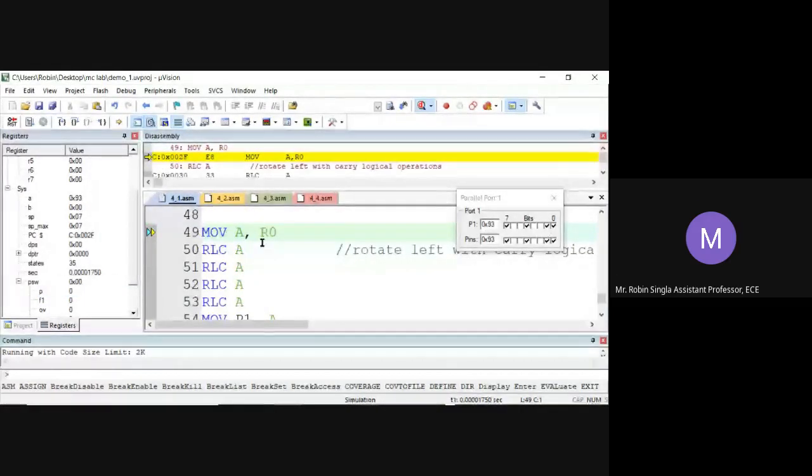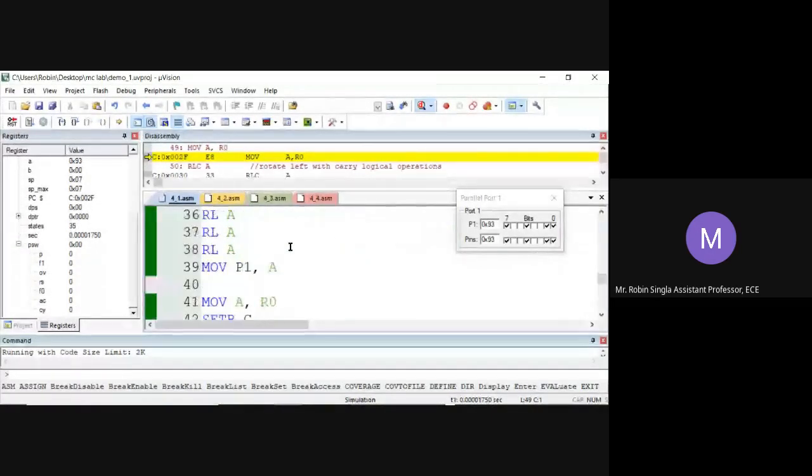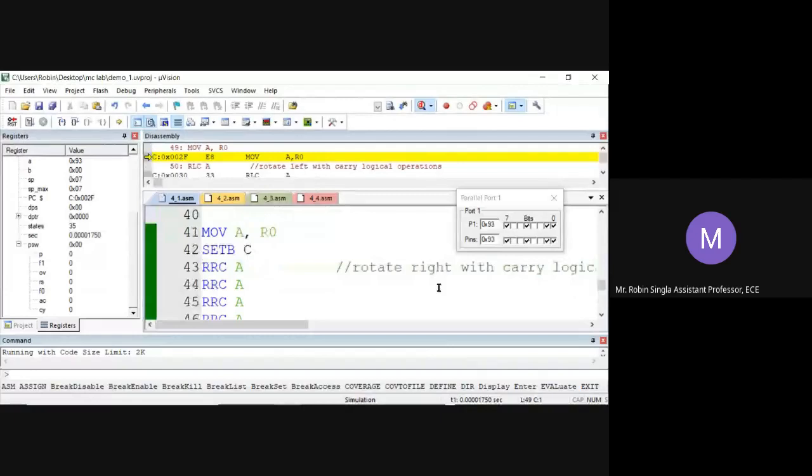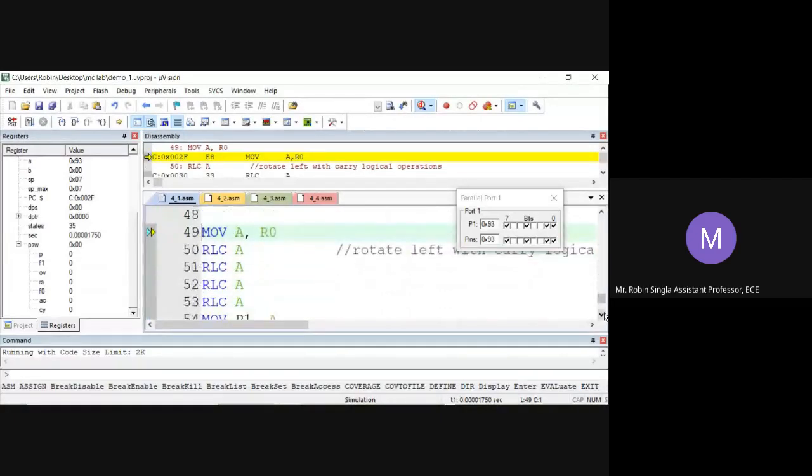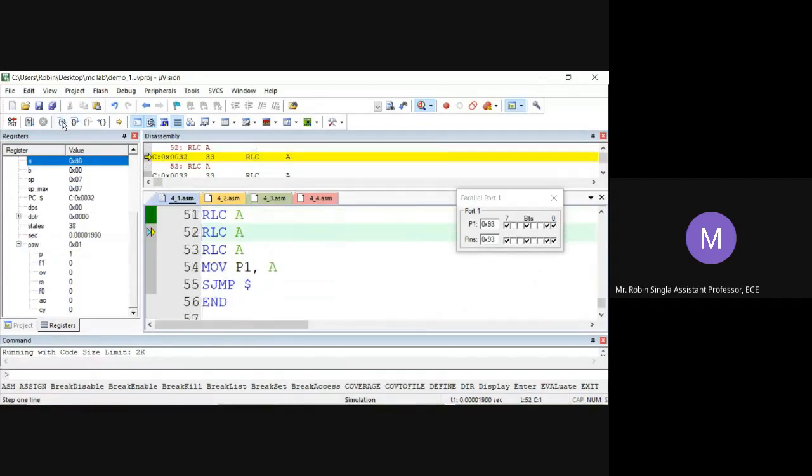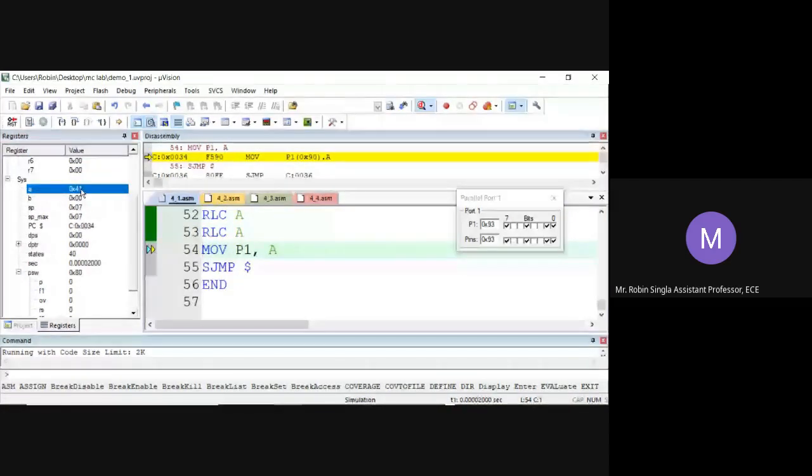Similarly for RLC, our carry flag is already set. Similarly we'll do for RLC. So 4 rotations. A is 41, and we'll move 41 to port 1.